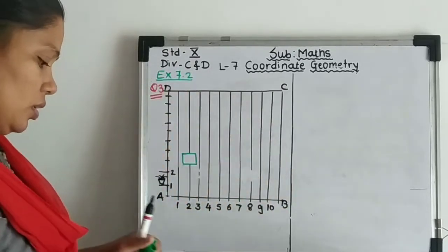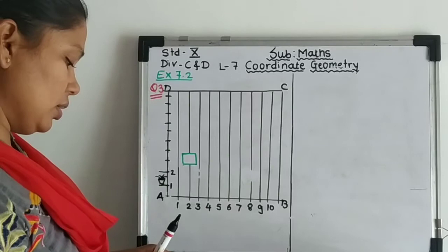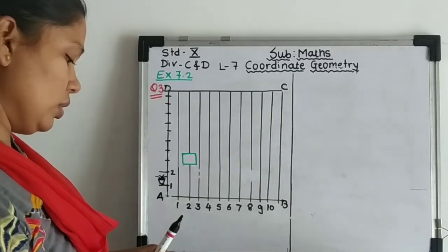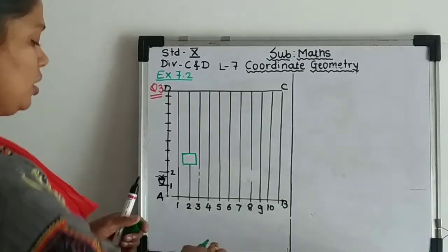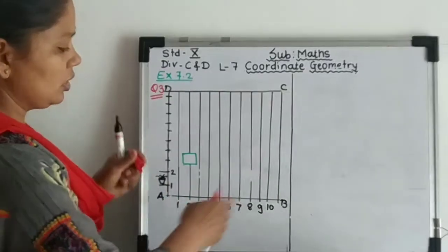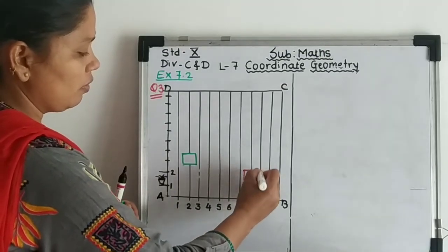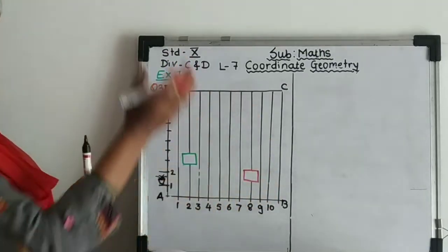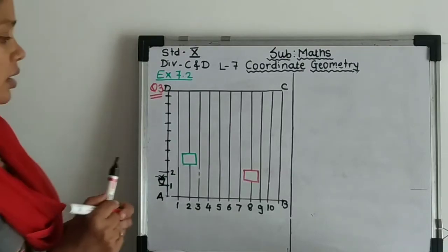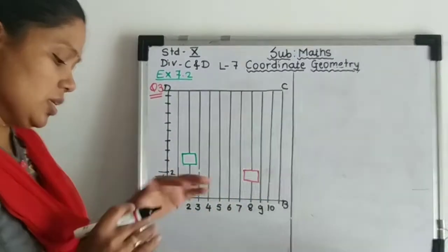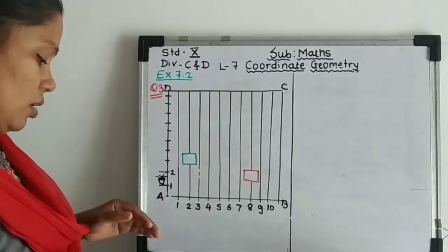Now, Preet runs 1/5 the distance AD on the 8th line and posts a red flag. So what is Preet doing? He posts here, he has covered 1/5 of the distance, and he posts over there a red flag. Right? What is the distance between the flags?